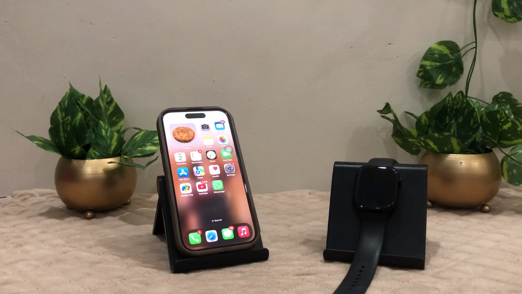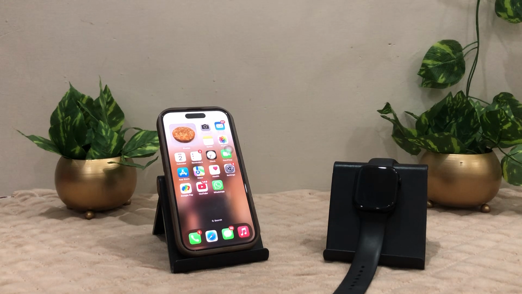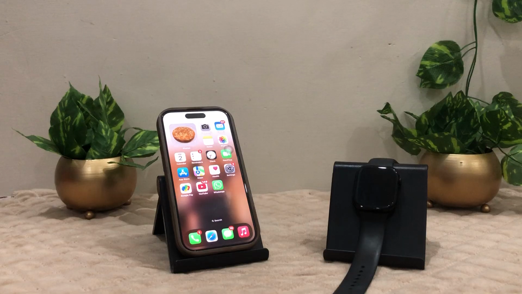To fix these kinds of small glitches on your iPhone, you just need to simply restart or force restart your iPhone. Now, how to do it? I know not everyone knows about it. I will explain how to give a quick force restart to your iPhone so that you can resolve these small glitches.